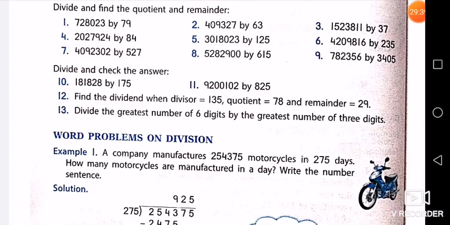Now we have completed question number 7, and question number 8, which is again a multiple of 5, that is 615. That question you will do on your own. Tomorrow we will start with question number 9, which is division by a 4-digit number, and after that we will do divide and check your answer. How to check your answer? How are you going to know? With the properties you are able to know whether your answer is correct or not. So that we will do tomorrow. Divide and check the answer also.